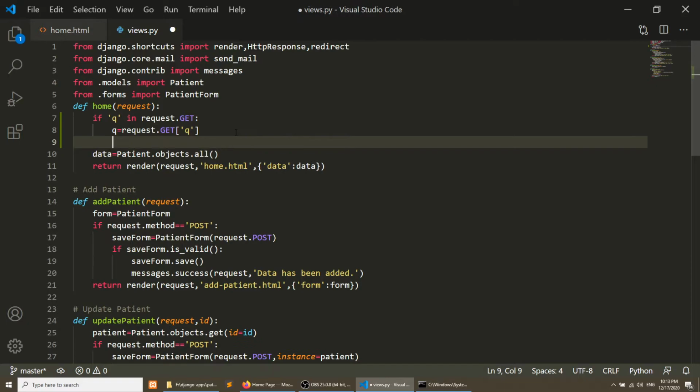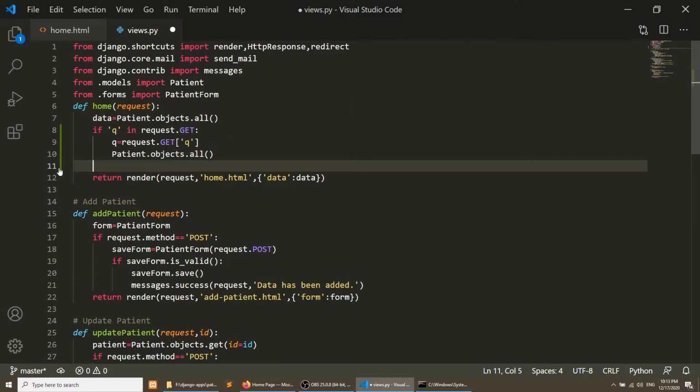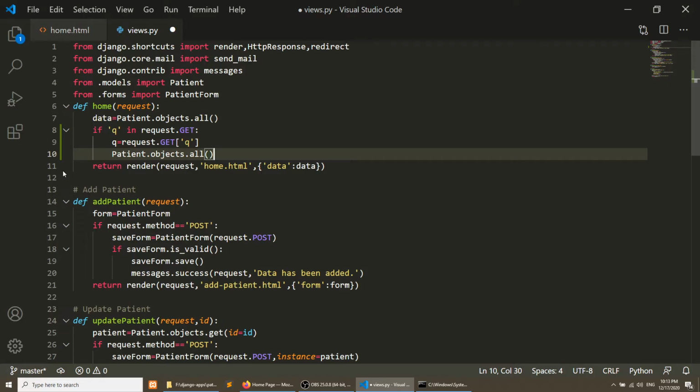And we will change this data. Let's add this data above the if, and if the filter is working, then we will get this data. So this filter and this full name.